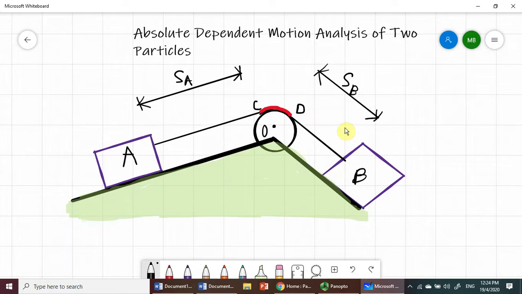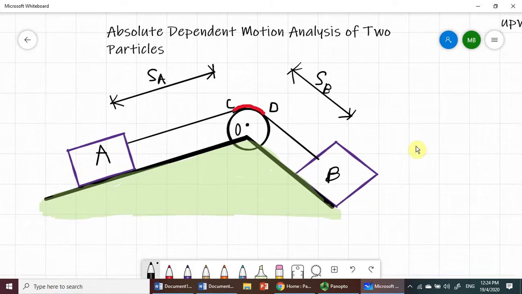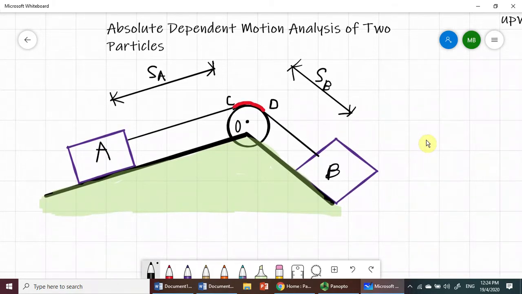Today we're going to discuss Topic 1, kinematics of particles, where I'm going to explain one part, which is absolute dependent motion analysis of two particles. So in some types of problems, the motion of one particle will depend on the corresponding motion of another particle. This dependency commonly occurs if the particles are represented by blocks and interconnected by inextensible cords, which are wrapped around